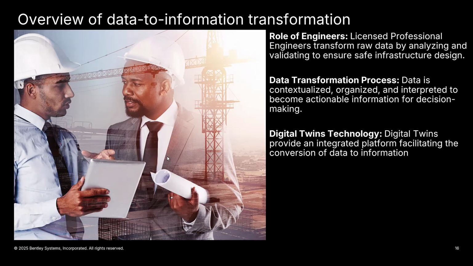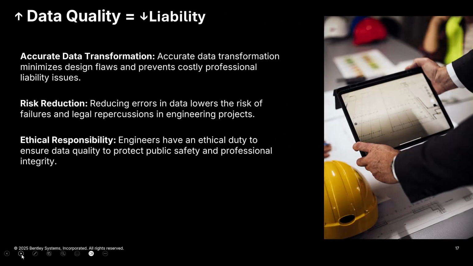And all these data and information come together in our digital twin platform. What do we mean by that, right? So very simply, when we think of digital twins, it is a combination of assets and processes. In the design space, as I'll show you in the subsequent slides, the assets are various models, plans, specifications, and reports that engineers and subject matter experts produce.